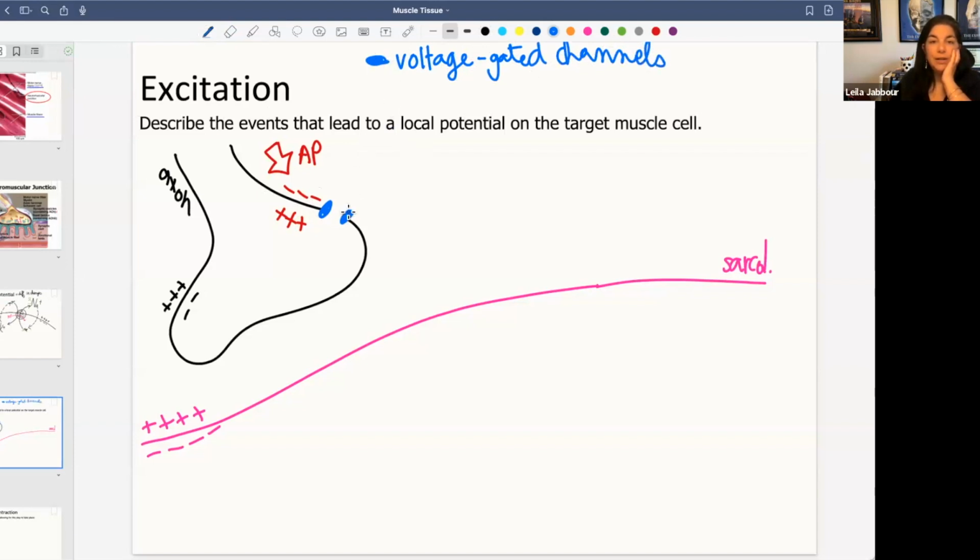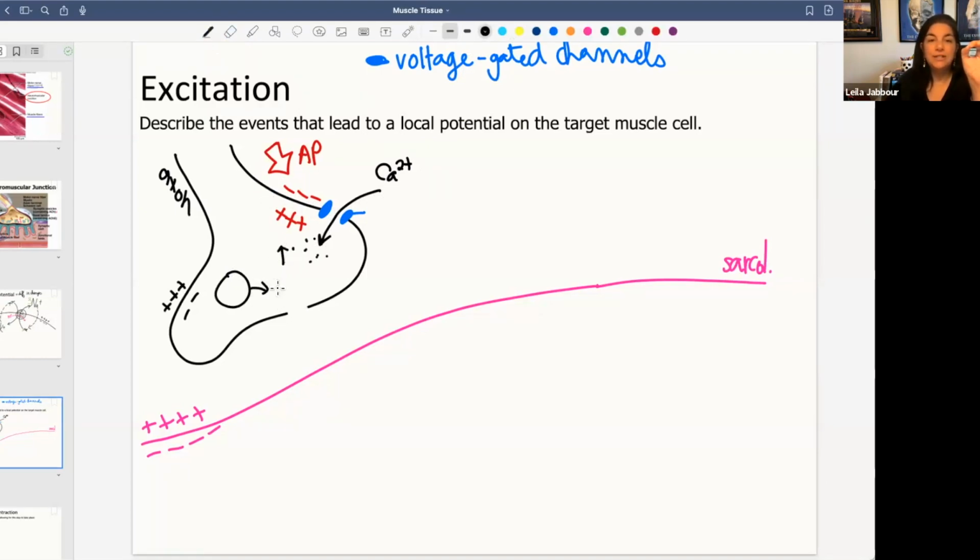Voltage gated channels open their gates when there is a voltage change at the membrane. If you tweak the voltage here at the membrane, these voltage sensitive channels pop open. This particular one at the synaptic knob at the end of the axon terminal happens to be for calcium ions, and it allows calcium ions to come in from the extracellular fluid. So calcium ions enter the cell, calcium concentration rises in the cell, and what that does is it promotes the